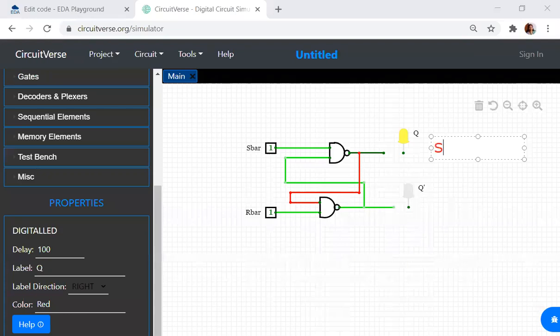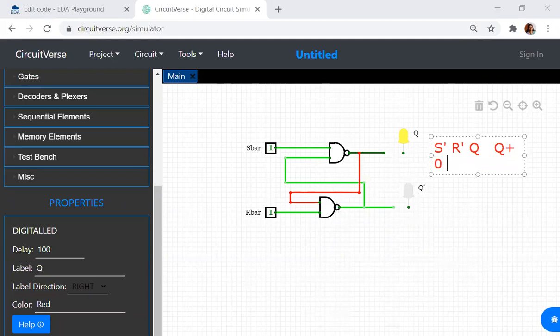First let me label it as S bar, R bar and input Q. Output is Q plus. I'm not considering Q bar as of now because Q bar will be equal to not of Q. Q and Q plus mean the same thing, as I have told. You can see it has 3 inputs, S bar, R bar and only Q I considered. I have not considered Q bar.